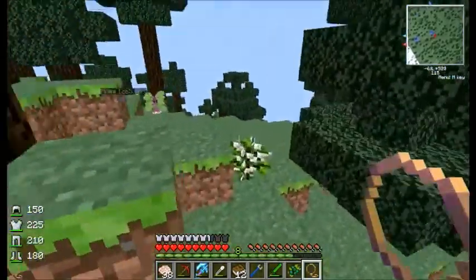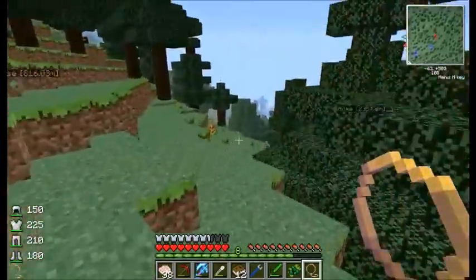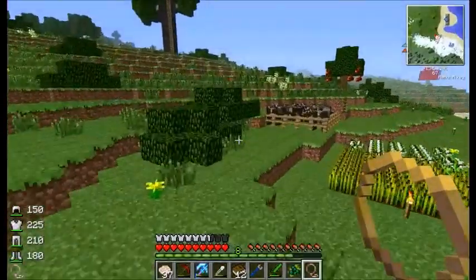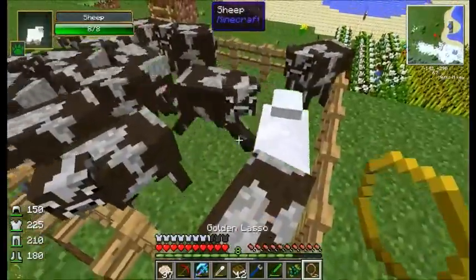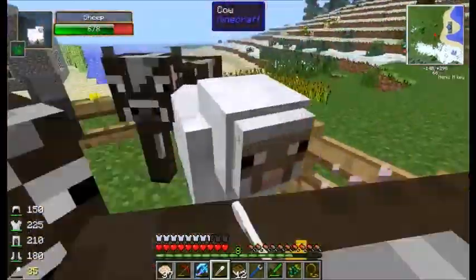Alright, we got ourselves a sheep. We got him in the golden lasso. Let's get back to base. Okay, so coming back, we can take our sheep and we'll put them in there. And this one is a little bit healthier, so we should be able to get plenty of skin scales from him. Just right-click rapidly and we'll get a bunch of